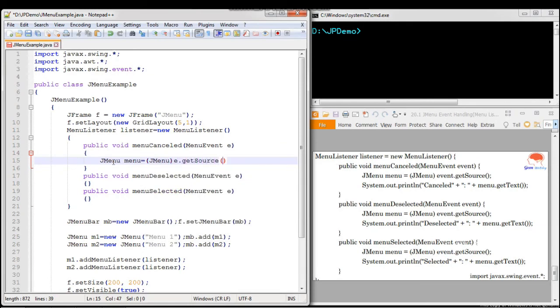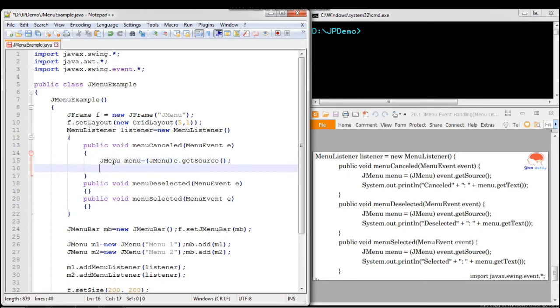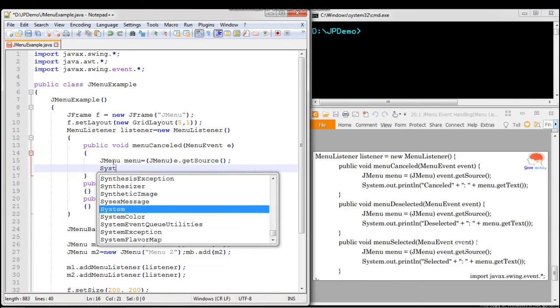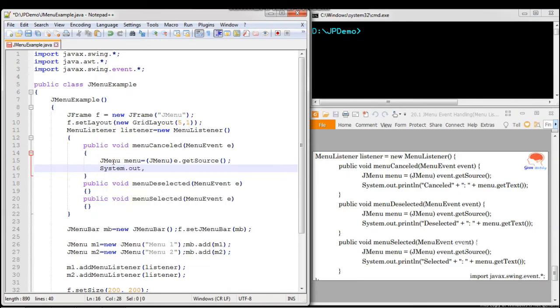It will retrieve the object that fired this event. We are going to display it in the console. We are going to retrieve the getText alone, which gives the menu that has been selected.